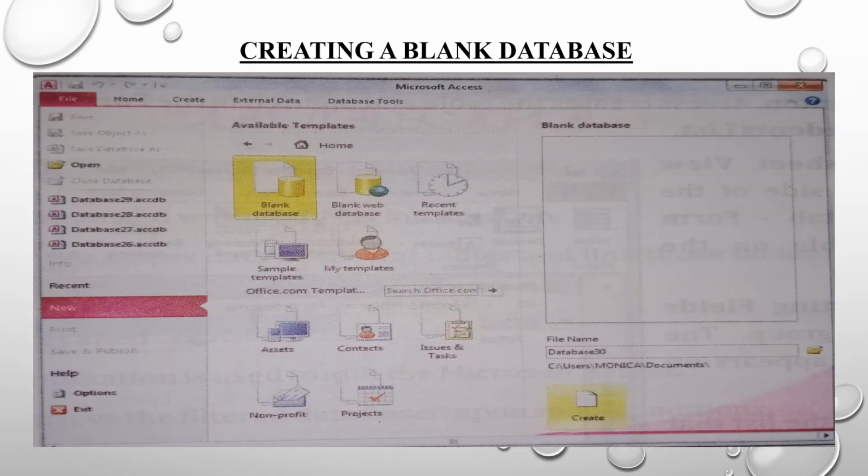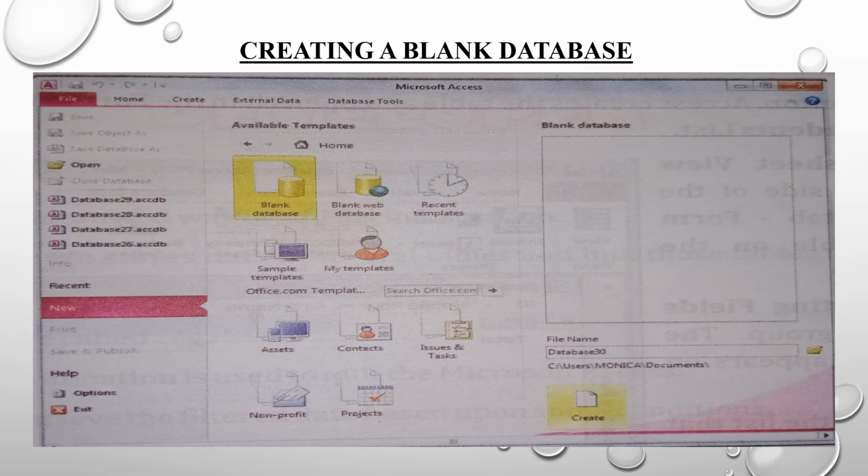Now let's see how to create a blank database. Microsoft Access allows you either to create a new database from scratch or create a database by using the pre-installed templates. Access provides many automated wizards that help in making a database, tables, forms, reports, etc. To open Microsoft Access, click on Start, All Programs, Microsoft Office, Microsoft Access 2010.